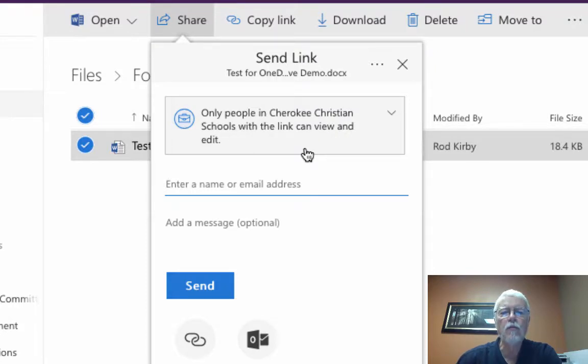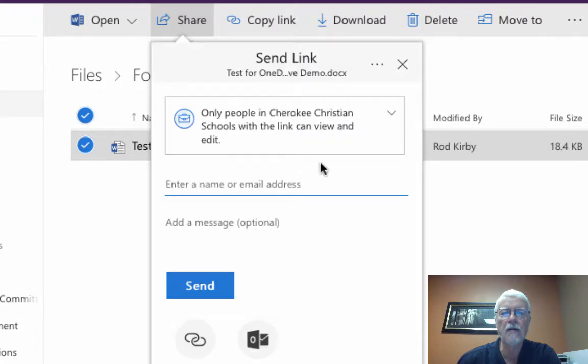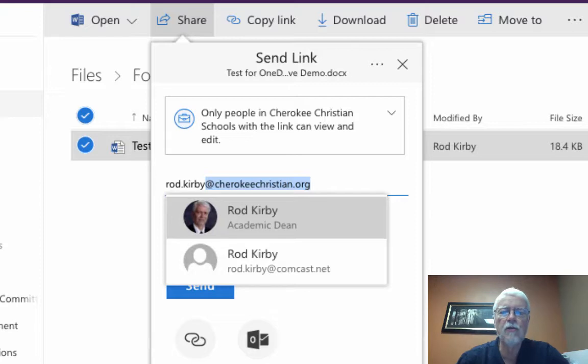You can change that if you want to where you can make it so that somebody can view it but not edit it, or you can allow them to edit it. You can either uncheck that box or check it if you want to allow them to edit. And so we'll apply that. It says they can view and edit it. If you wanted to allow them only to view it, you would click that other box. Then here you enter their email address. So I'm going to share this one with myself,